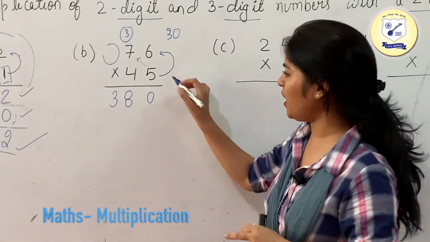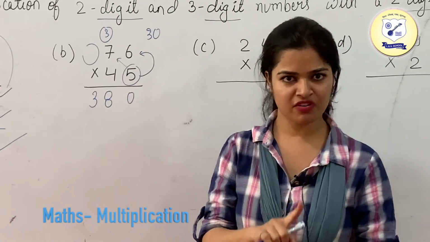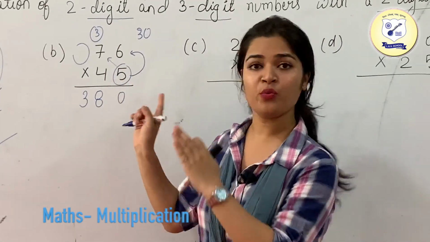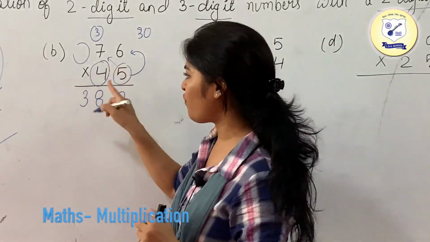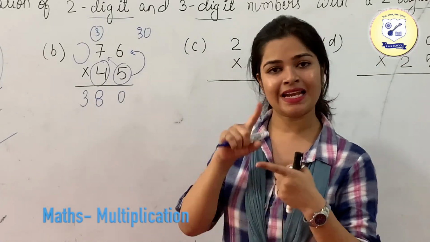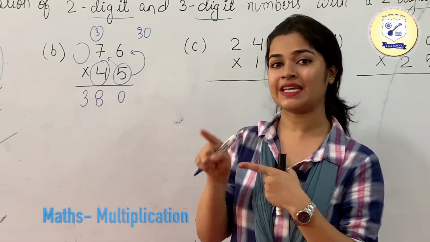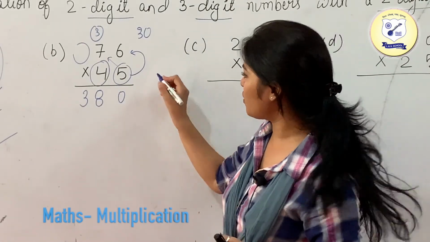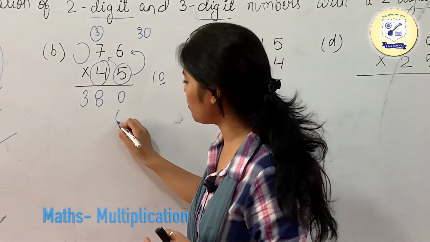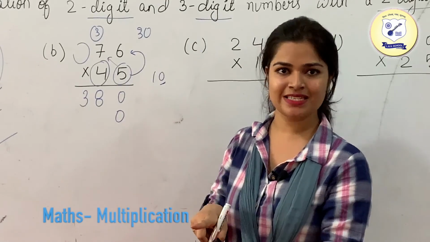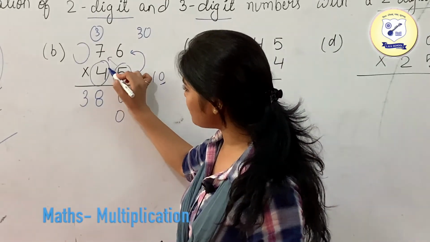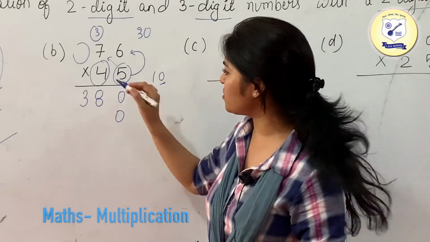Since we are done with the multiplication by the 1-digit number, and now we are having a 2-digit number, we will move to the next digit. This 4 belongs to the tens place, and the place value of the tens place is 10. For that we have 1 0. So we will put 0 before initiating the second step. Now start multiplying by the second digit, which is your 4.